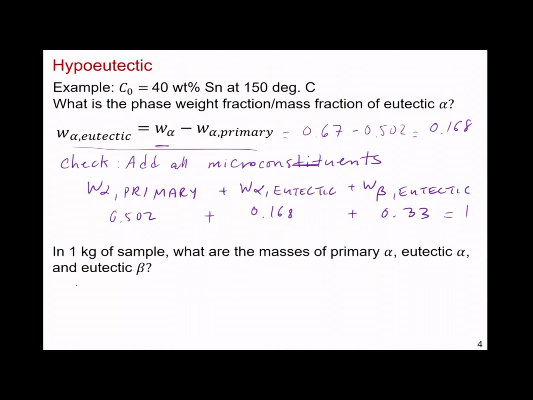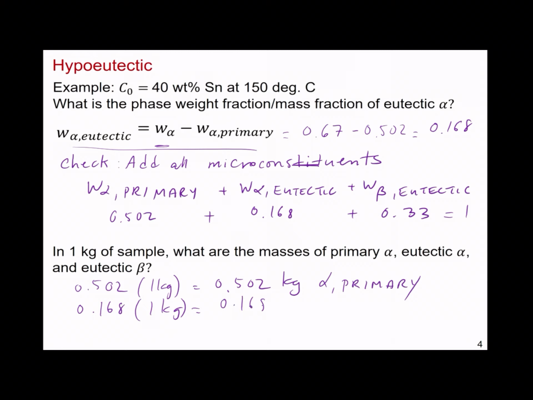So we would have 0.502 of 1 kilogram, and consequently, and then of course, so I don't belabor the point,